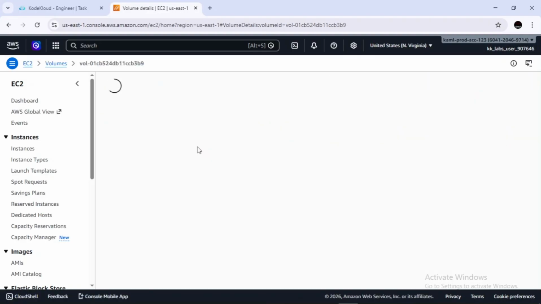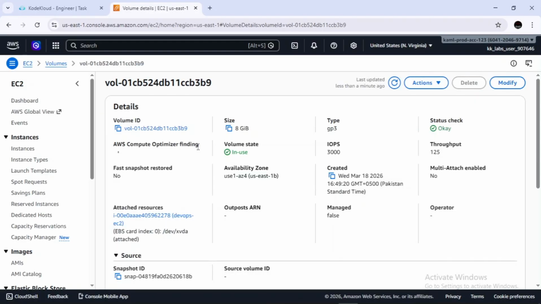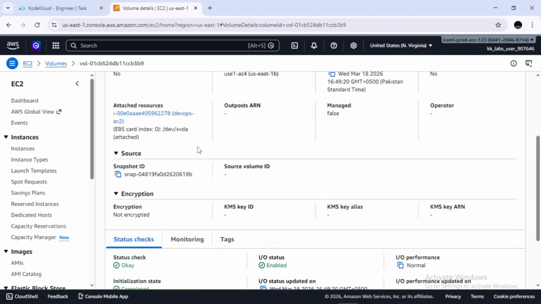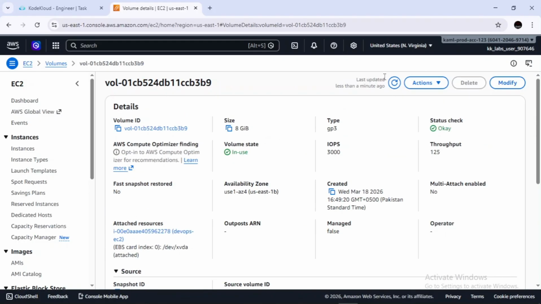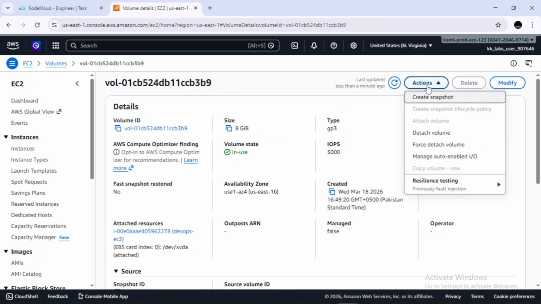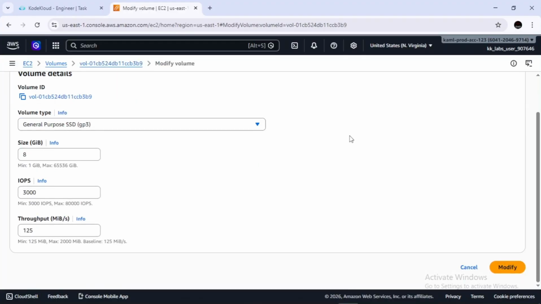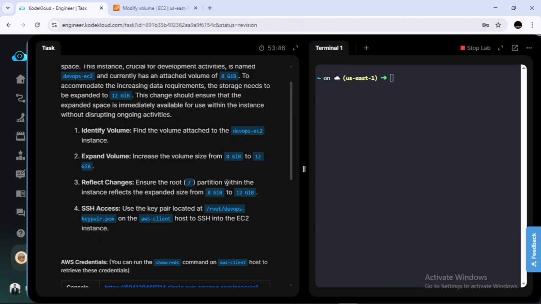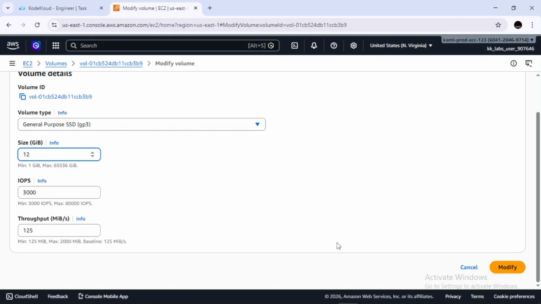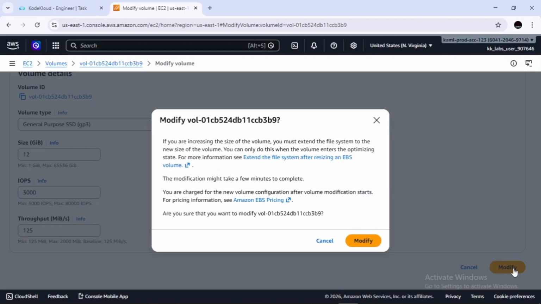So first we need to expand this. Click on this volume ID, and we need to expand this from 8 GB to 12. Click on actions, click on modify, and right now it has 8 GB. We need to expand this to 12 GB, and click on modify.